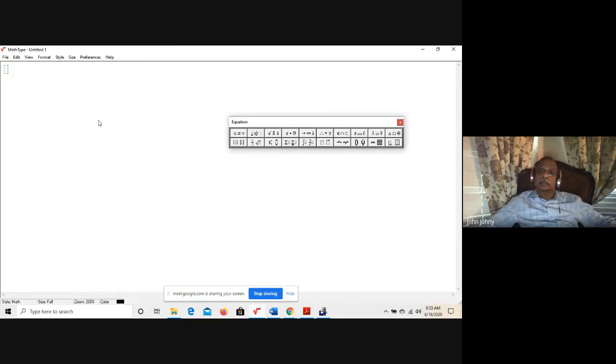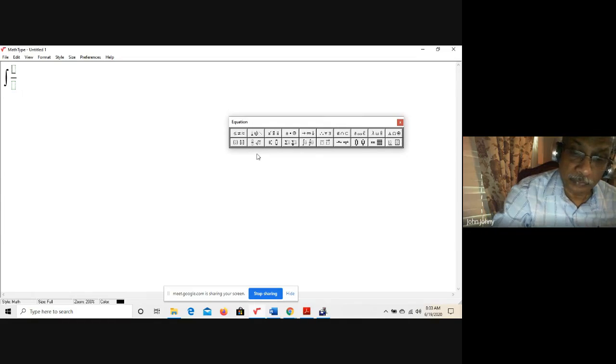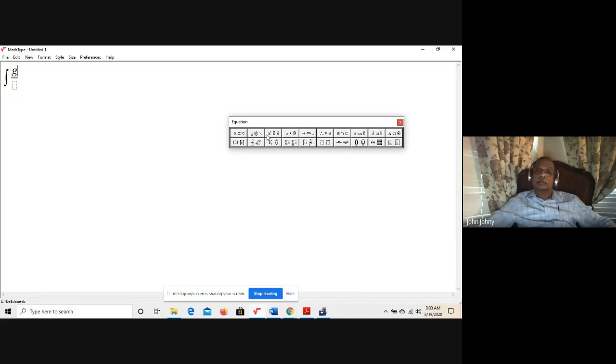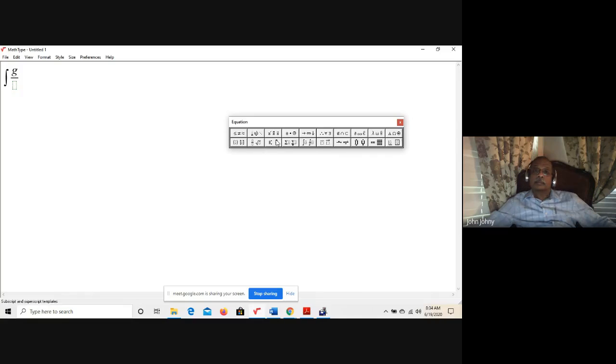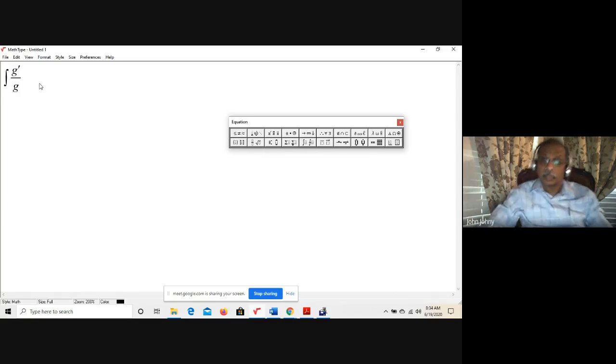Sorry about that. Integral g prime divided by g is equal to natural log of